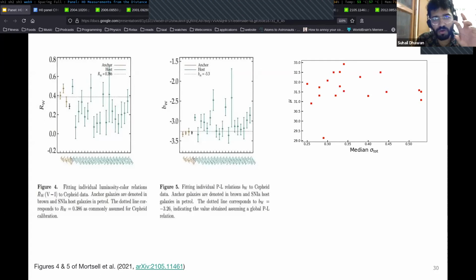Okay, sorry. So the right hand side is basically the measured distance from your 2016 paper, and sigma dot is the uncertainty on each individual Cepheid in that host, and this is just the median of that as a function of the distance. And we don't see that there's any. Sure, but